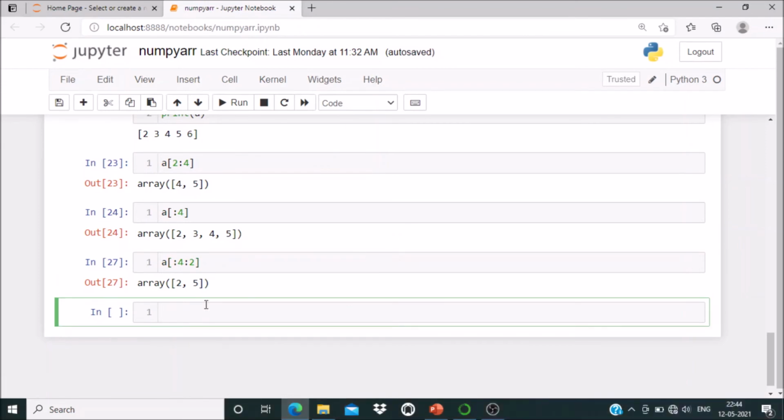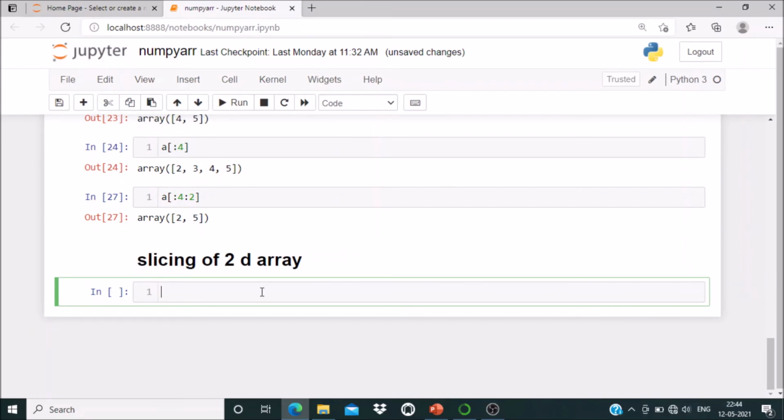Now we will see how to slice a two-dimensional array. First of all, we'll declare a two-dimensional array. Suppose b is equal to np.array, with elements 2, 3, 4, 5, 6, comma, then the different elements 8, 3, 4, 7, 2.